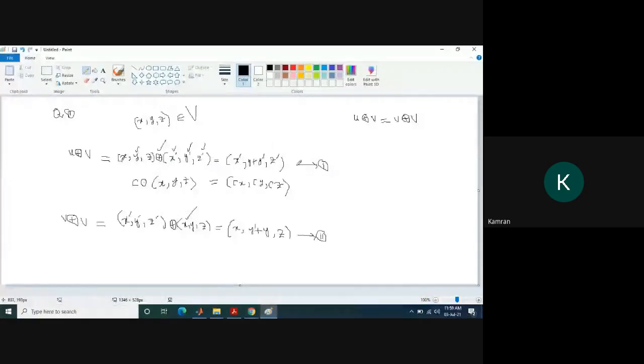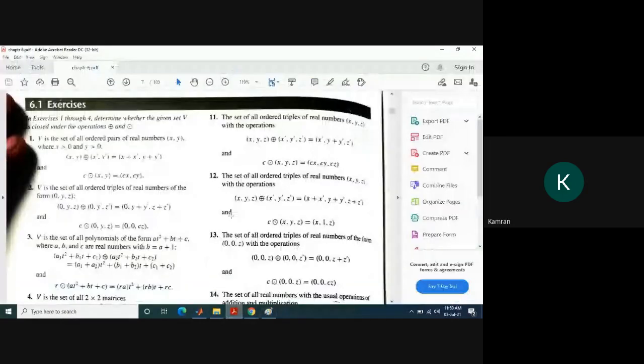So it is not commutative. This means that the first property is not satisfied. So V is not a vector space. ये vector space नहीं है. सही. ये दूसरी प्रॉपर्टी को इसको चेक करने की कोई जरूरत नहीं है क्योंकि पहला ही कंडीशन फेल हो गया, तो इस वजह से ये जो है ना ये वेक्टर स्पेस नहीं बनाता. सही. Yes, sir.